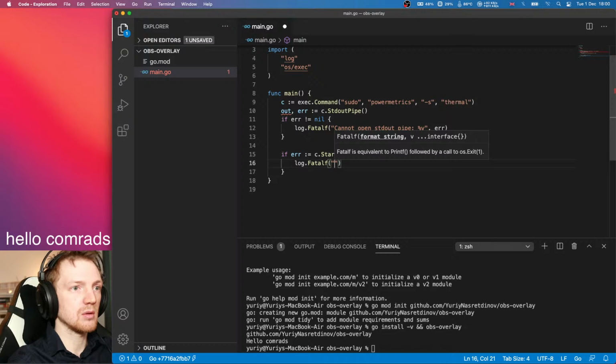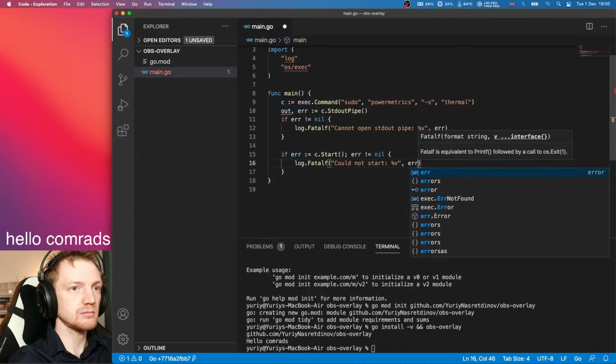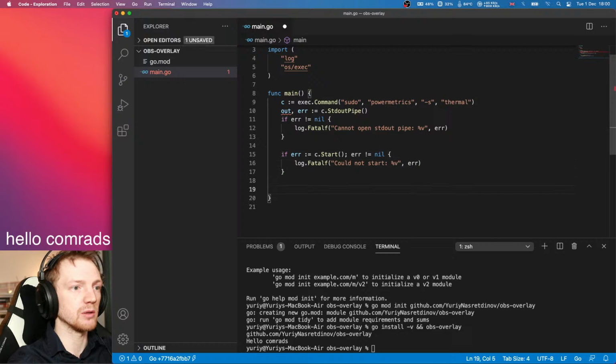So we can say could not start. It should never happen really, but everything happens sometimes, so we need to handle it. So we will create also a buffered reader to be able to read line by line, and we will go into the for loop and